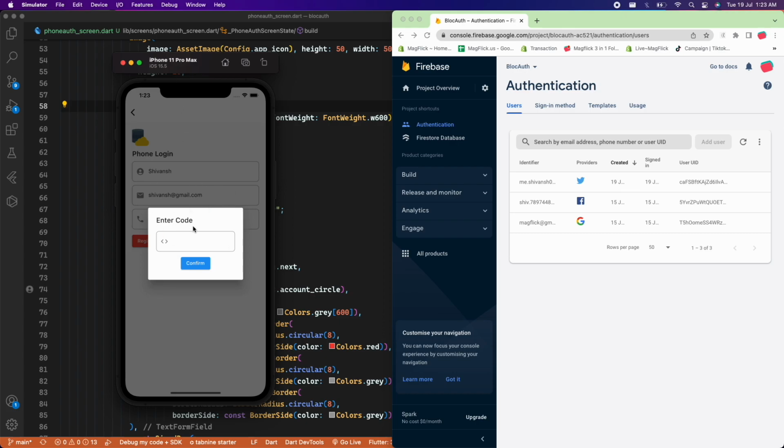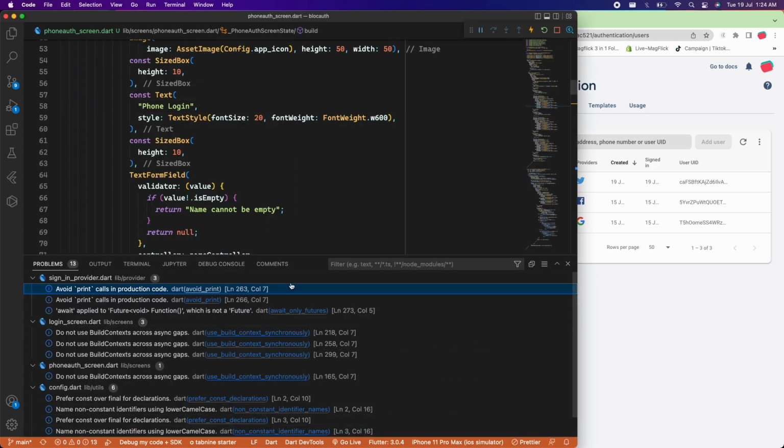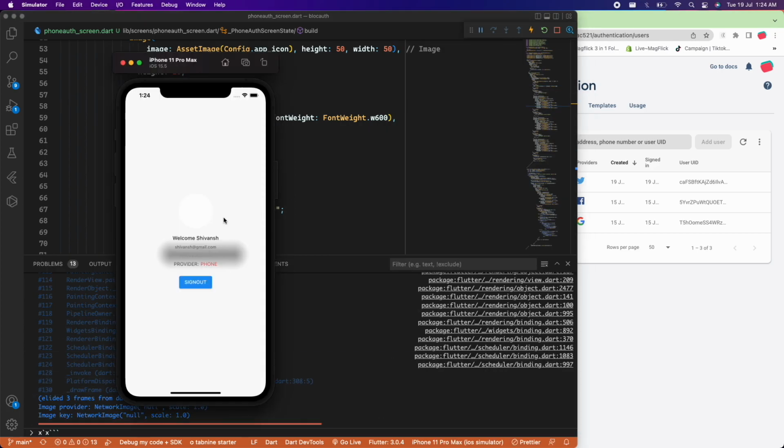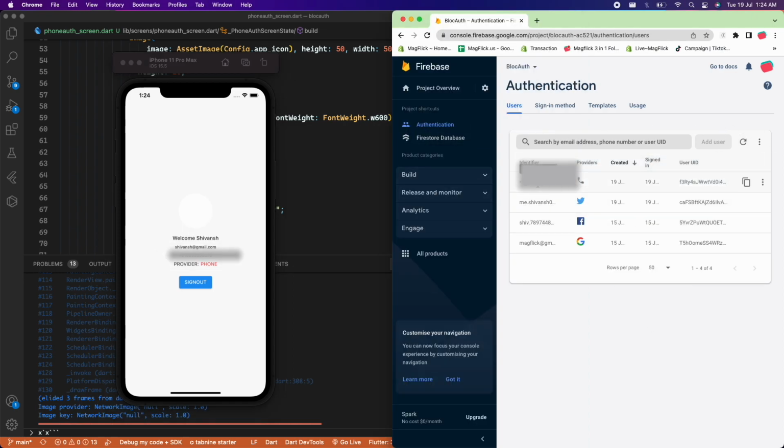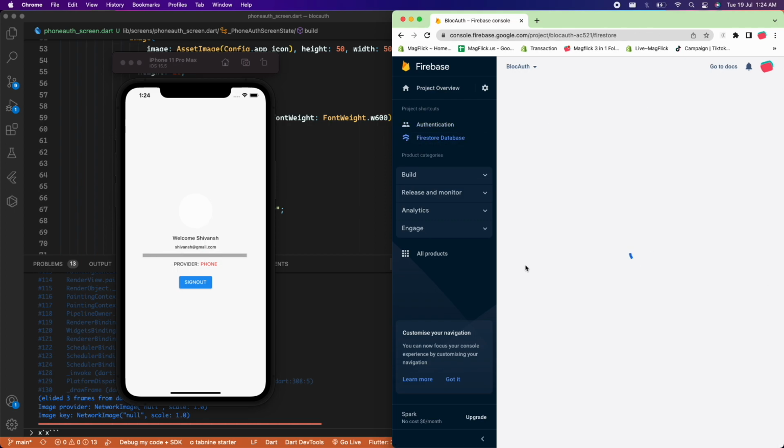And this will show me a new alert box, and here inside this alert box, after I enter the OTP that has been provided, and if I click on confirm, we should be taken back to our home screen with the data being saved in our database. Let me also see the debug console. Okay, so right now we are not showing any image, but if I reload, okay, so the number has been successfully added. If I also go to the Firestore database,